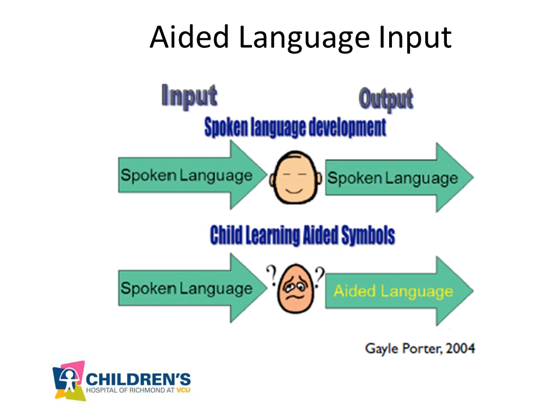We use something called aided language input. So here's the problem we're trying to solve when we use aided language input. Like we talked about earlier, most people learn the way they are supposed to communicate by hearing, by receiving thousands and thousands of hours of input of verbal language during the first few years of their lives. But these kiddos are expected to communicate through aided language, or AAC, and are constantly exposed to the same input, that verbal speech, which is not the language that we're expecting them to use. So it's like speaking to a child in English and expecting them to magically speak Mandarin. But that doesn't mean we should stop talking to them. We just need to change our input a little bit.